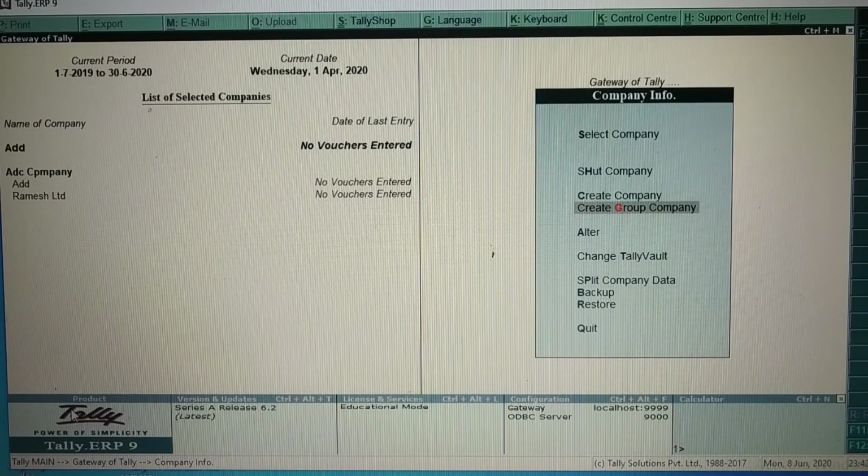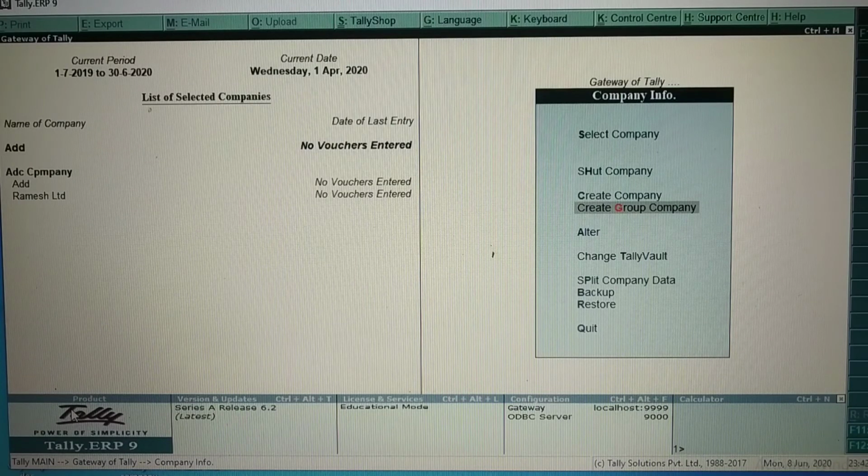After creating a group of companies, you need to remember you should not delete the member companies, because it will affect the group company. If a member company has a password, then without entering the password, the group company cannot be opened, because if you apply a password for the member company, then how can we open the group of companies?